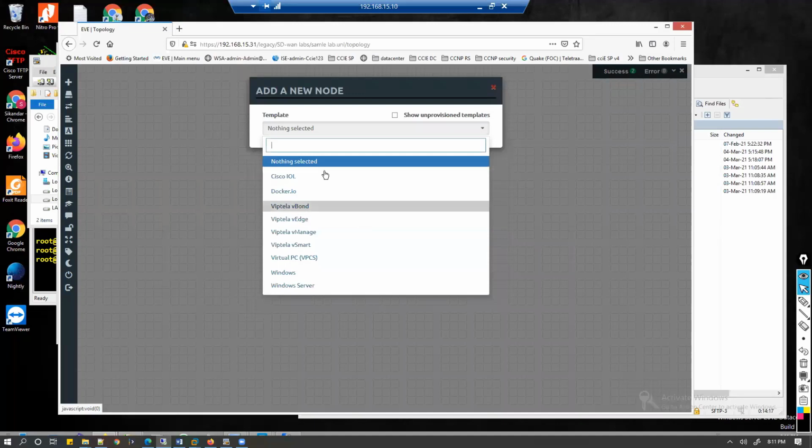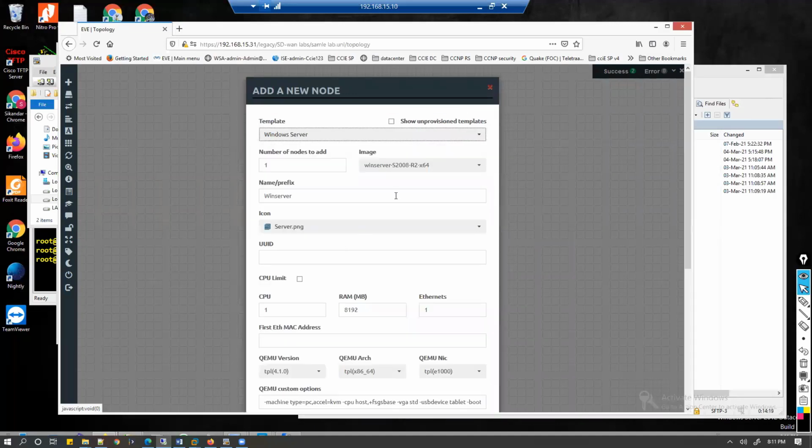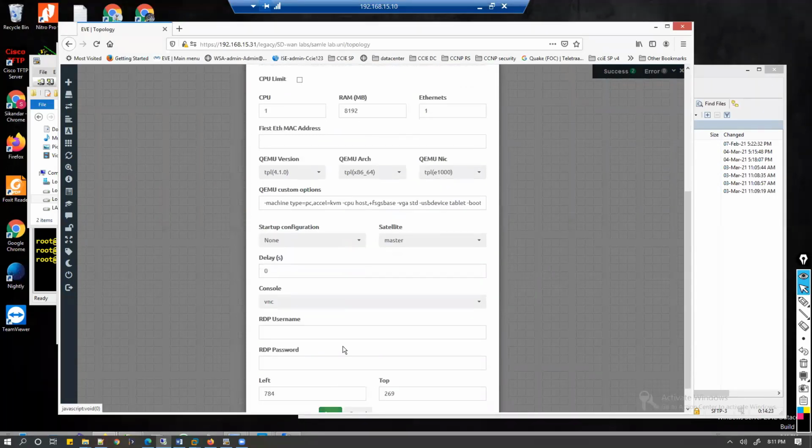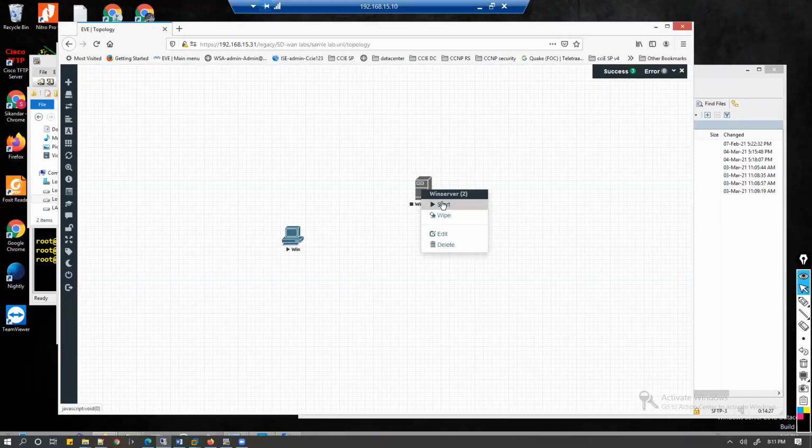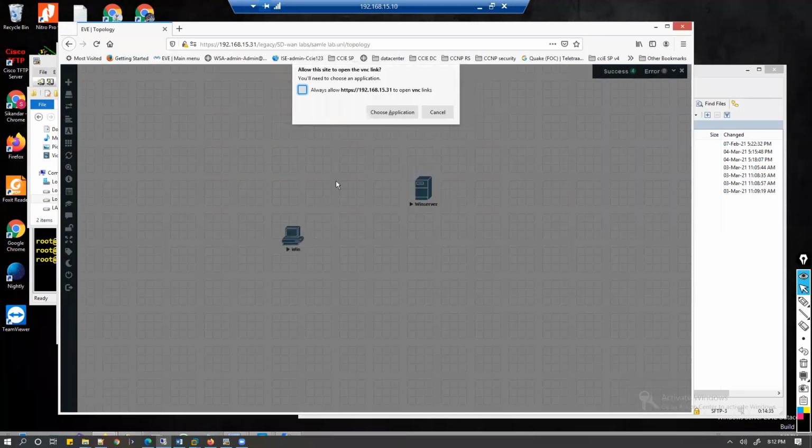Let's do the same thing for the server, Windows Server. So this is the 2008 operating system, and then we click on OK. Only one interface, right click and start. Now once you click on start, if you want to get into the graphical view, when you click on this link, it is going to open up this